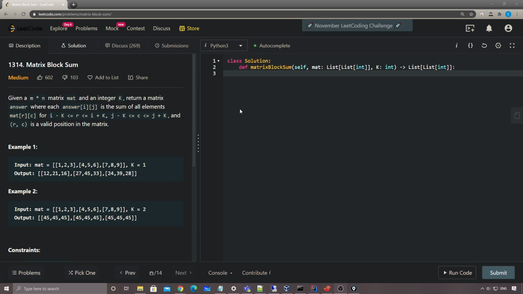So let's take a look at another LeetCode problem today. Number 1314, matrix block sum. Given like